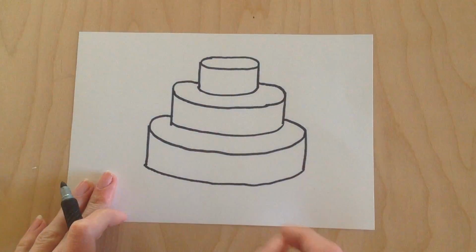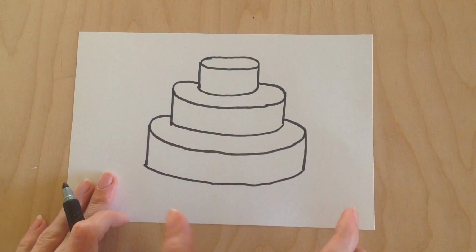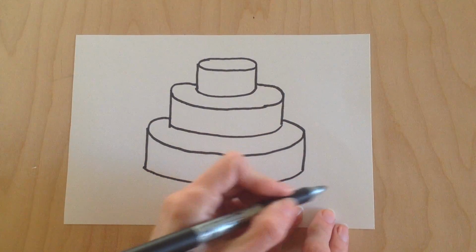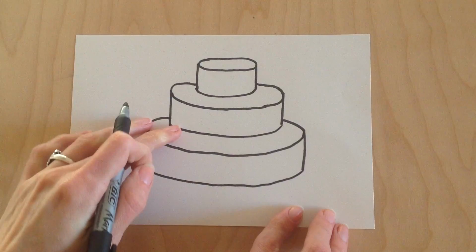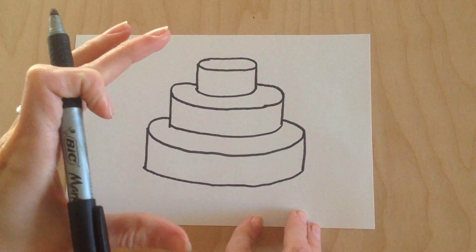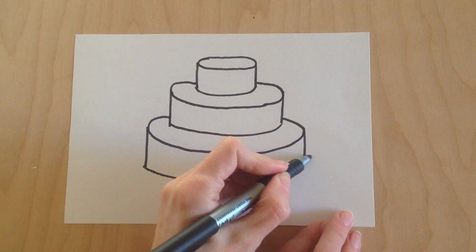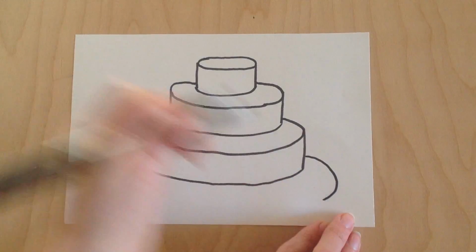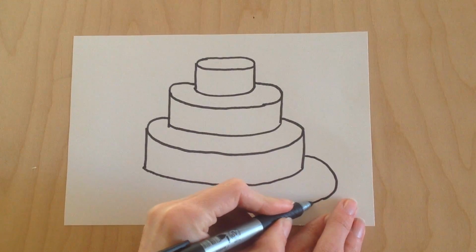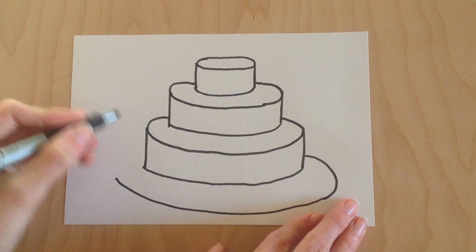Alright, now I've got a big fancy cake, and it's not going to sit just splat on the table. It's going to be on a plate so that somebody can carry it. And I'm going to make a big oval shape just like I did for these ones, because the plate is probably round too, unless you had it on something like a square plate. So I make one more curved line, and make it come all the way over,